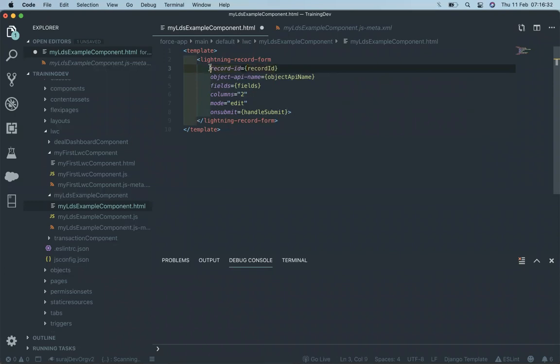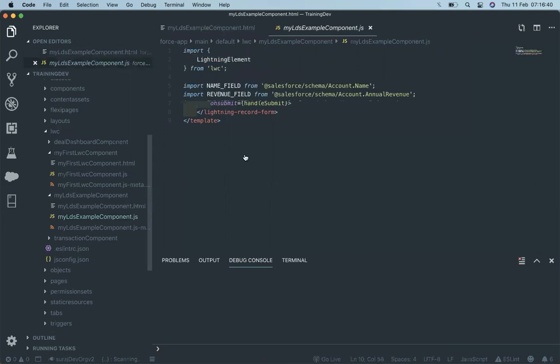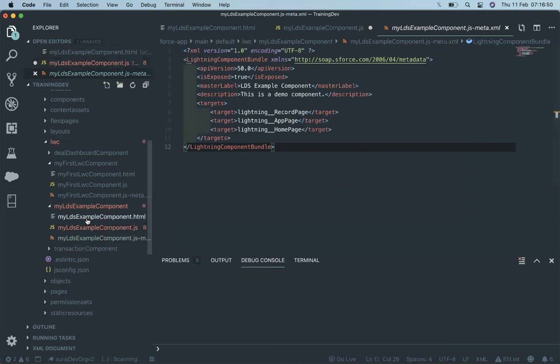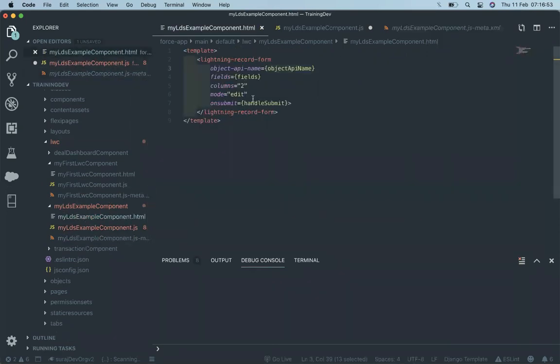We don't have a record ID, so let's remove this, and we have the object API name. So let's create a variable called object API name, and here we can come up and create an object API name. We can also have the option of fields, and then define an event on the submit event.